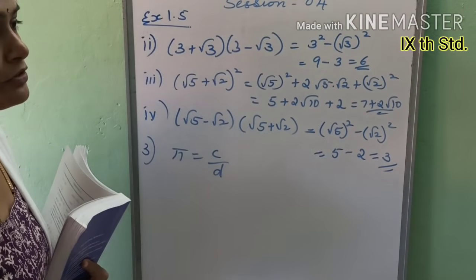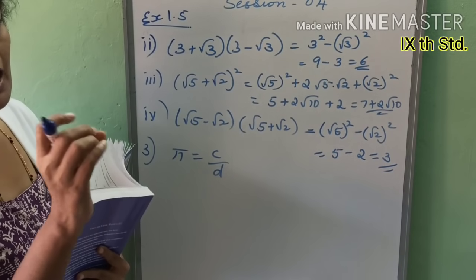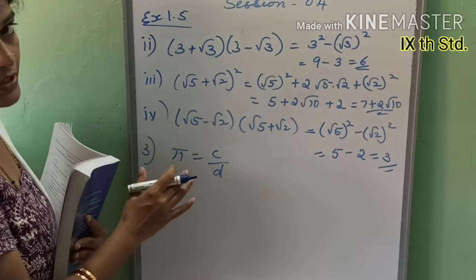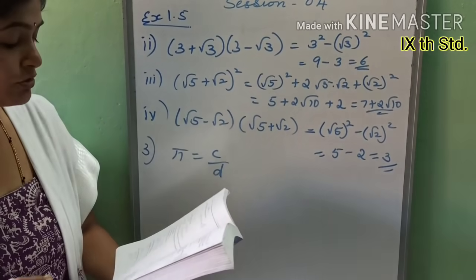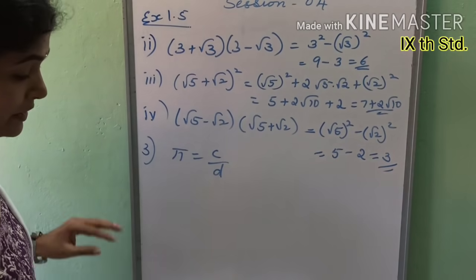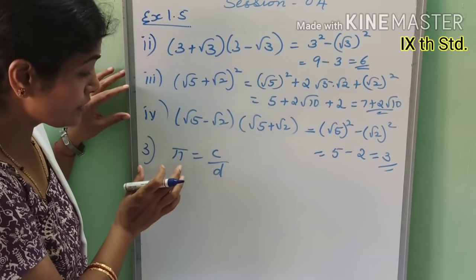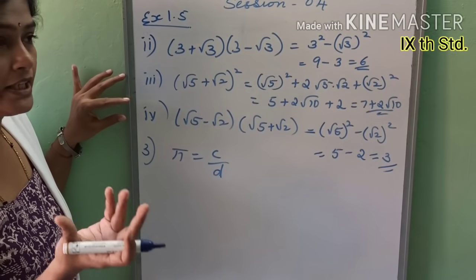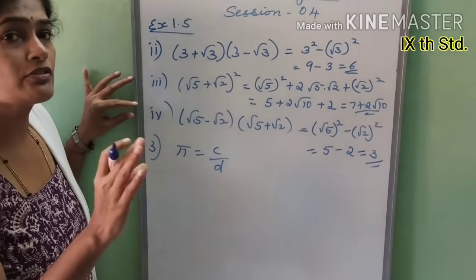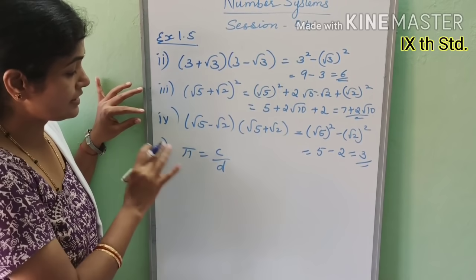For example, if you measure the length of any item using a scale, it only gives you an approximate value. It does not give you the definite value, right? The same is the case here also. So it is not a contradiction, as pi itself is an irrational number. It does not contradict the fact that pi is irrational, because if we measure the length of any substance using a scale, it only gives you the approximate value. There also you will not get the accurate value, isn't it? The same way it is here also.